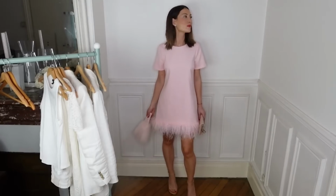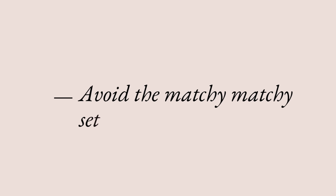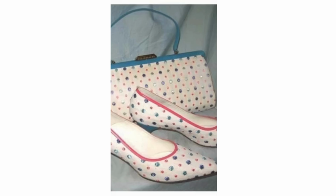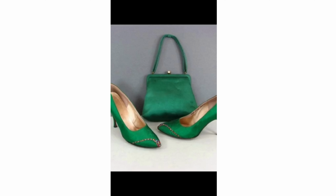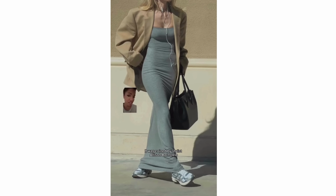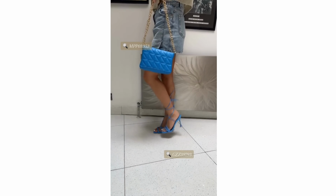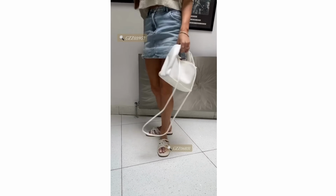The next thing to avoid when it comes to matching bag and shoes is to wear the exact matchy colors. If you're not the queen, you don't need a matching set. Back in the 50s, women invested in a matching set that lasts for all seasons and suits all occasions. But now it is more modern, more realistic and fun to pair chunky trainers with a clutch, high heel stilettos with a nylon bag. Avoid the exact matchy set unless you want to look old and outdated, especially if you are wearing